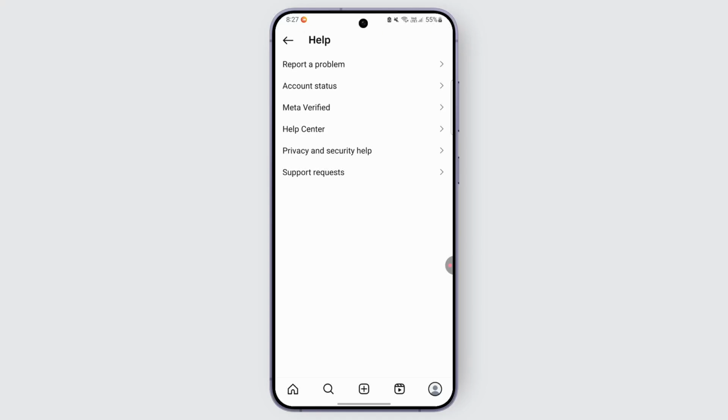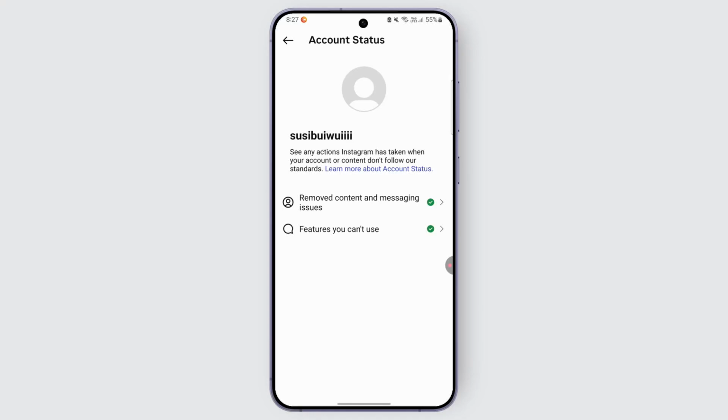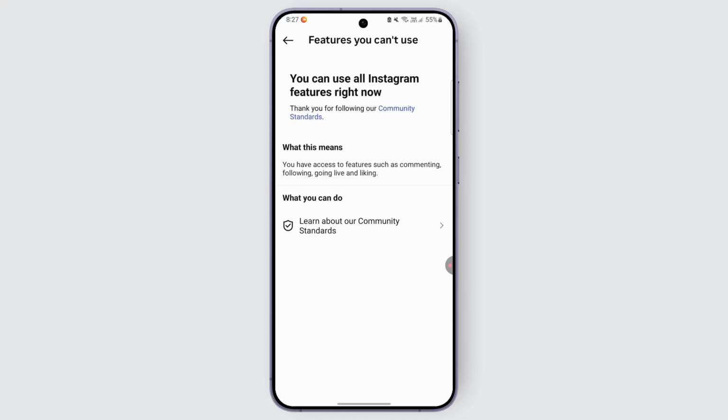So you can either go to report a problem, account status, or anything. So let's select account status for that. And once you reach here, you can just look out for one of the things. So let's say this is the one. After that, you can go over to your main browsing page from here if available, into